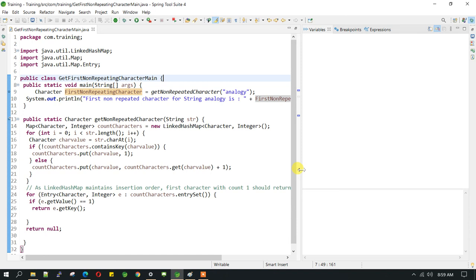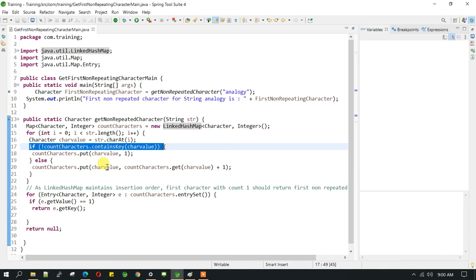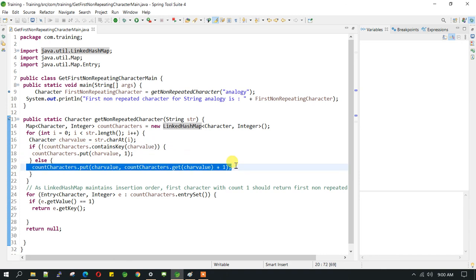I hope you have completely understood this, and you can show some confidence while answering this question, because this is very easy logic. You just need to understand why you are using a linked hash map, when you are putting the key, and when you are incrementing the value. This needs to be understood in order to clearly explain it to the interviewer. These questions are mostly asked, because I have seen people asking this almost every time you go to an interview.